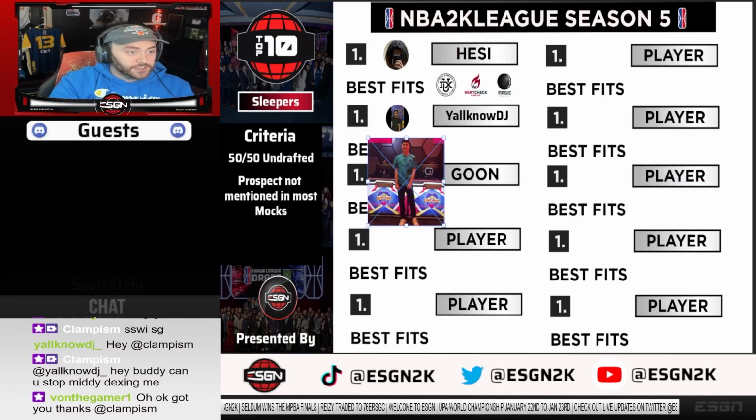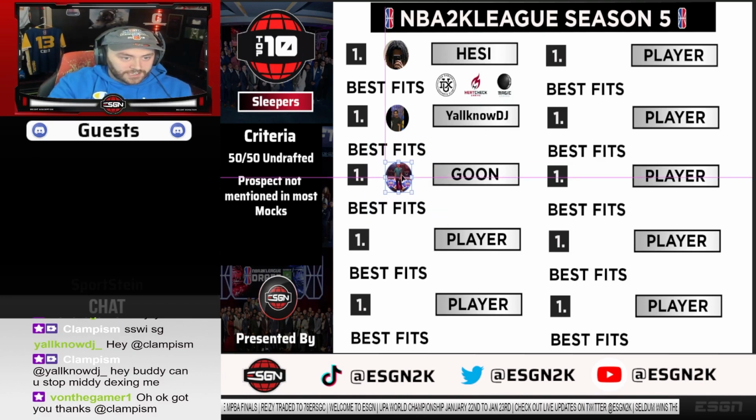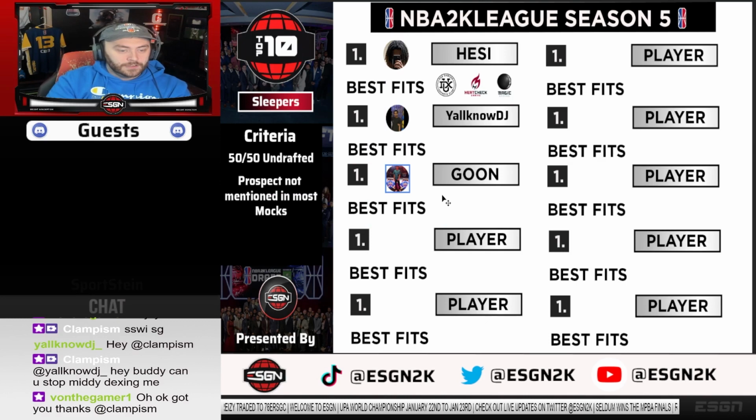Definitely could be taken this year, and could actually end up being one of the better locks in the pool. He's one of your late locks that could get taken and be really good. So I would keep an eye on Goon, definitely later on in that second or third round. I think it's more likely that he's a third round pick, but he's someone we have to watch out for. Goon. Next one, hang on. Let's actually have numbers here.